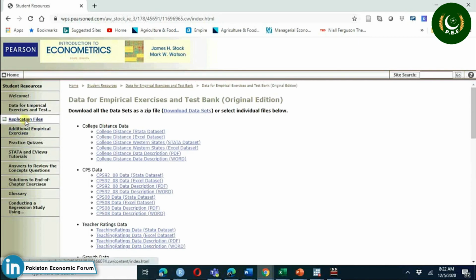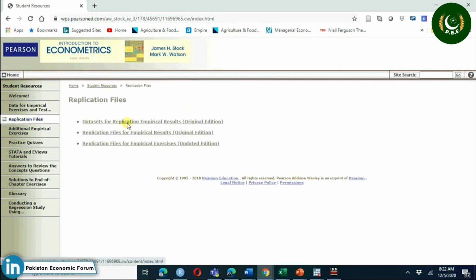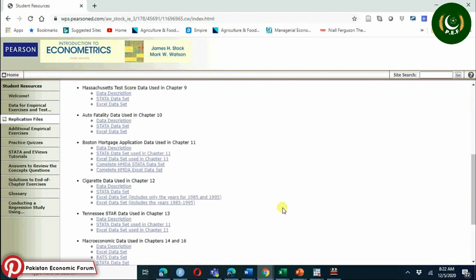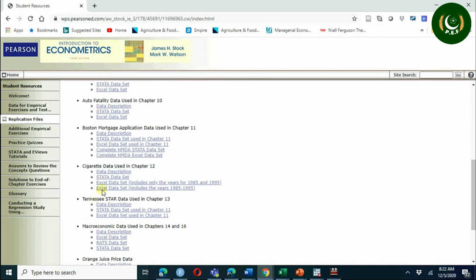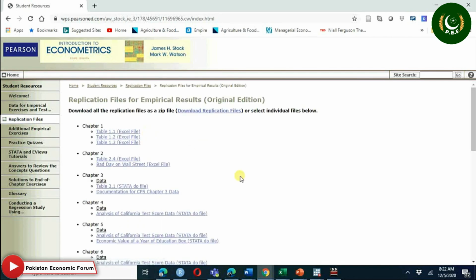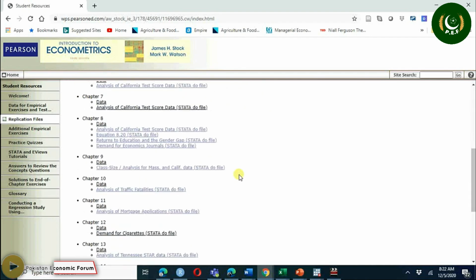Replication files. Download the cigarette data from here. All data sets used in the book are provided here. You see the STATA dataset and the Excel dataset, and you can use this data for replication. Another thing which is very important, which I am going to use, is the replication files for empirical results. So here you have chapter 12,